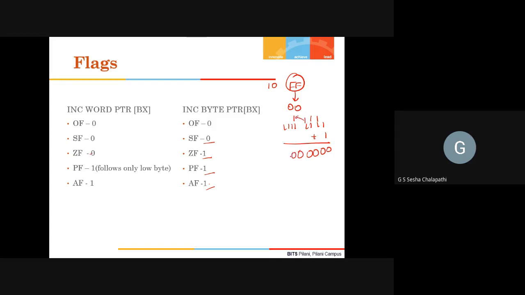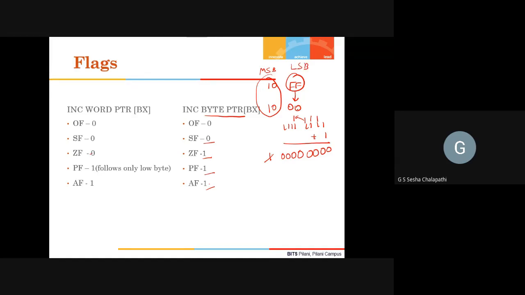And then there was a carry that was generated, which will be ignored in the case of byte pointer. Because in the case of byte pointer, it will remain the same, 1 0 0. This will remain unchanged. This is the MSB and this is the LSB. Because you are saying only byte pointer, only the byte will be changed.